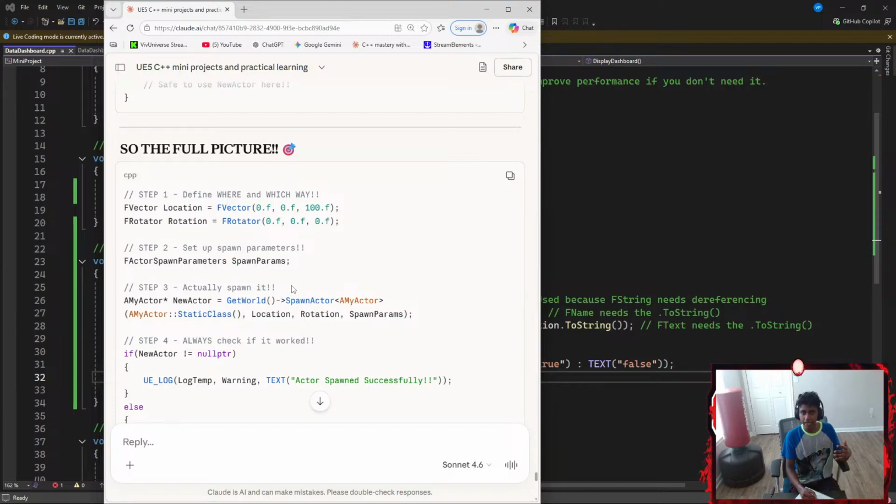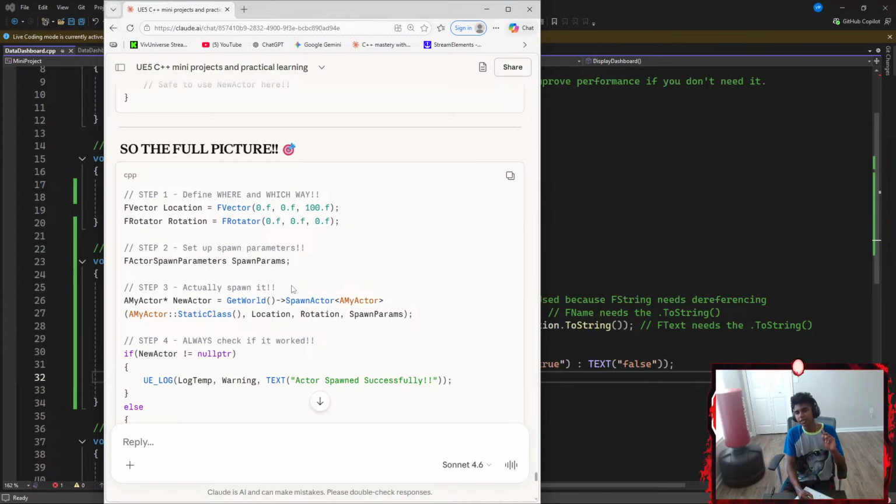I'm assuming my actor is the actor class that I'm in right now, or any other actor class in general that I want to spawn. So I'm going to go with AMyActor, represented by a pointer called something like NewActor, which is going to be equal to GetWorld.